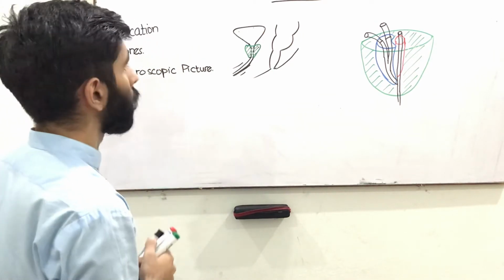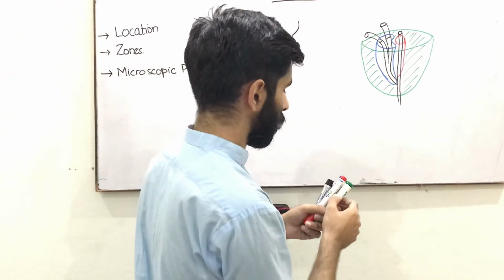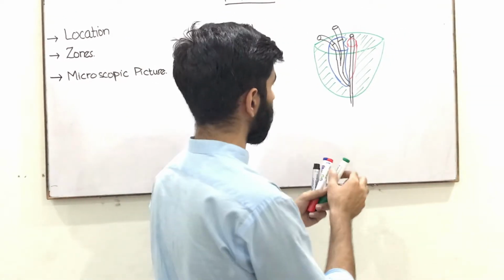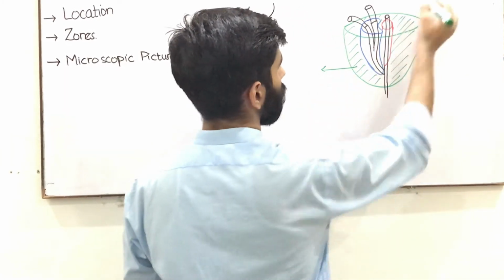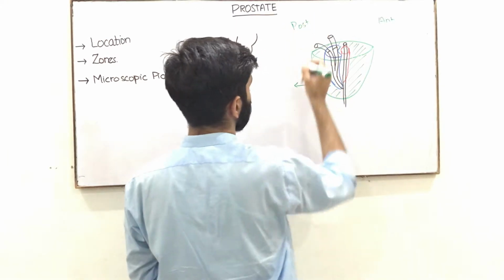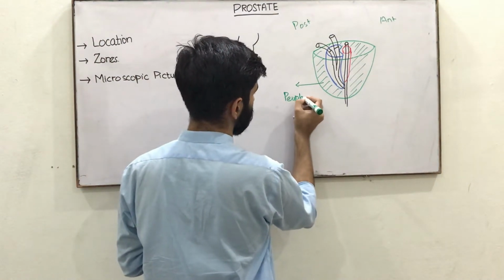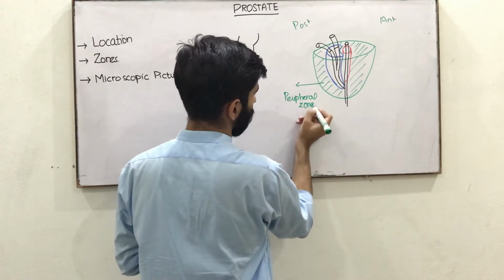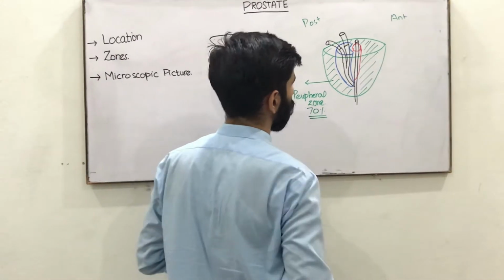अब हम देखते हैं what are the various zones of prostate gland. अगर आप इस डायग्राम में देखें तो prostate glands को हमने various zones में divide किया हुआ है. तो with green this is the anterior part, this is the posterior part. So this is the peripheral zone. Peripheral zone forms 70% of the glandular tissue of prostate gland.